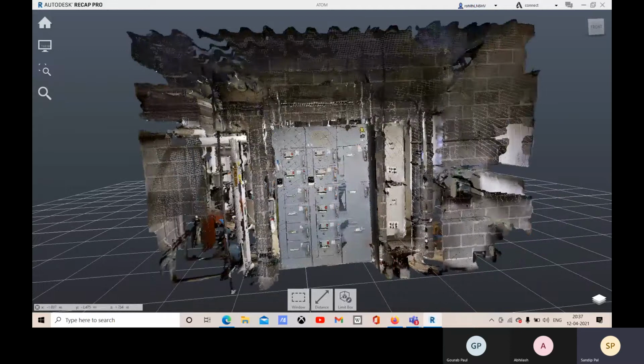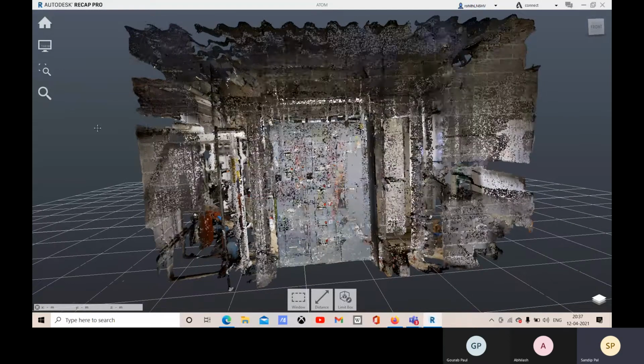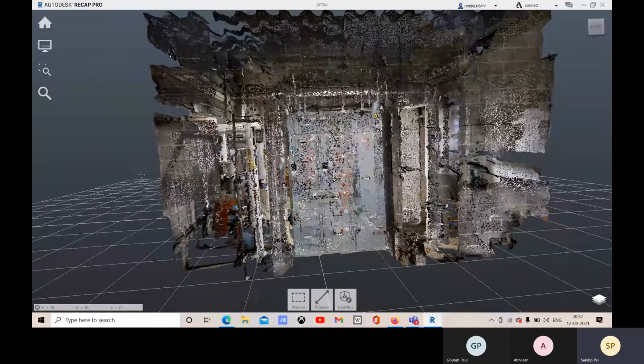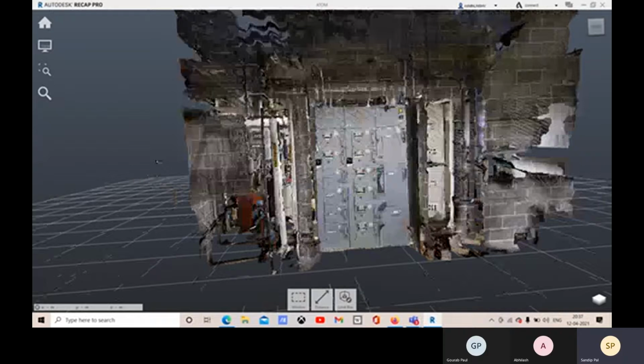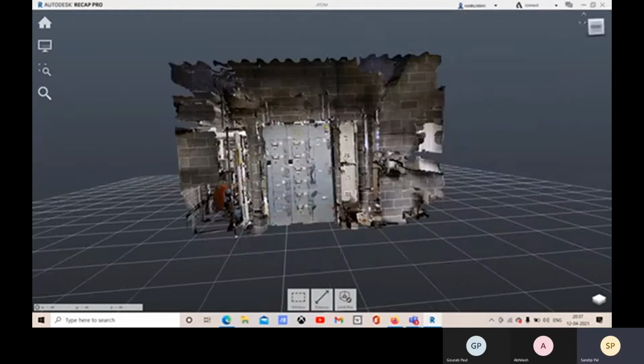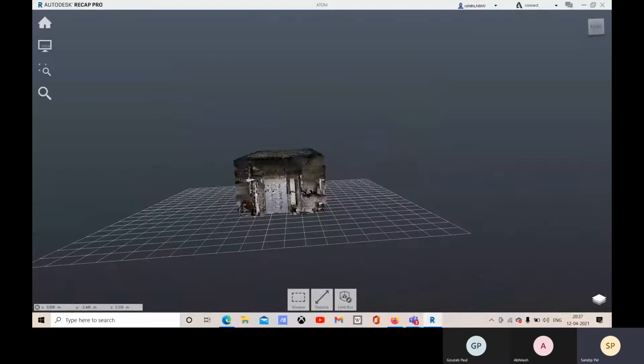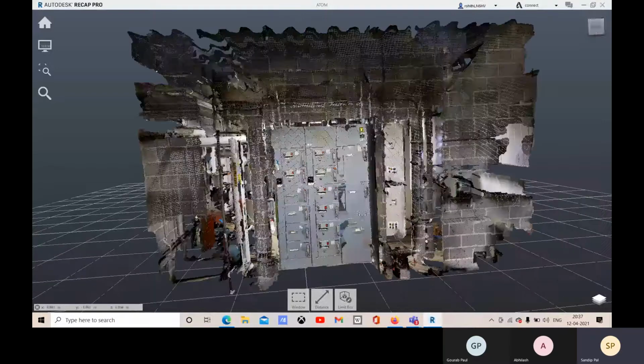Okay, so here you have this option. If you press your mouse middle button, you will be panning, and if you scroll up and down, you will be zooming in and out.